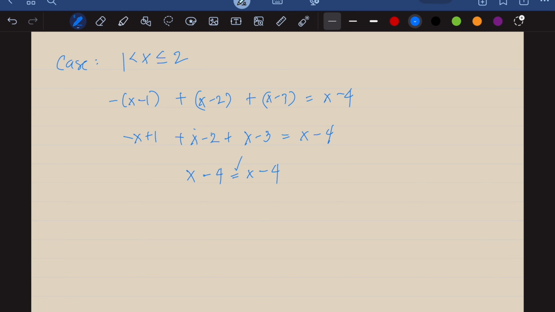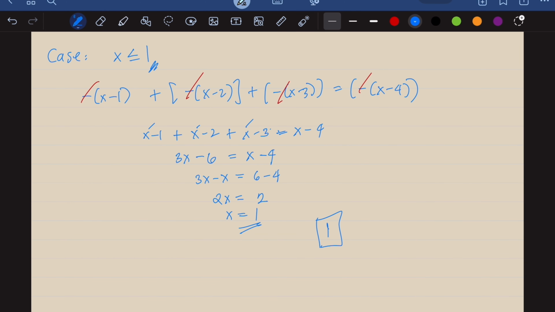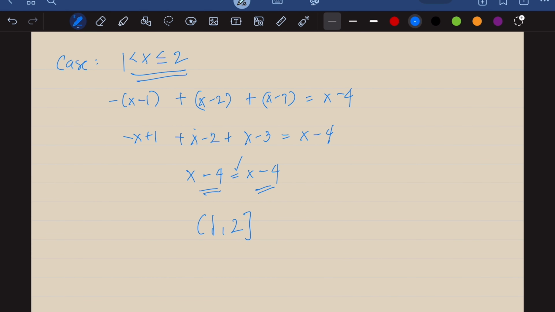Now this is an identity because the left side is equal to the right side. Therefore, all real values of x are solutions for this one, as long as they are within our constraint. Therefore, the solution set for this case is 1 to 2. Of course, since we have arbitrarily assigned the equal to on the other condition earlier, and we found that to be a solution as well, we can in fact make this just a closed interval 1, 2. Again, we just converted this open interval to a closed interval here because 1 is a solution anyway.